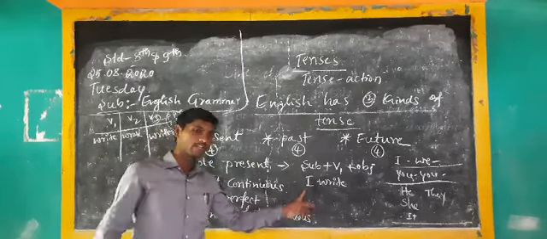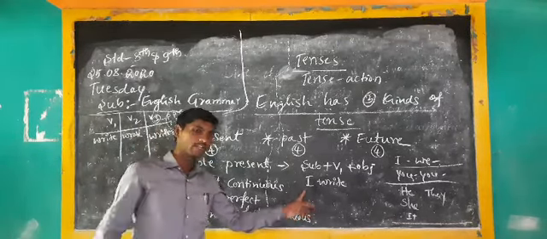I write a letter. Here I is the subject, write is the V1 and letter is the thing, that is also considered a noun or object. In this session we have to understand I write a letter. That means this particular person, in a present situation, with the help of a thing, a letter, is doing an action, that is writing work. So it mainly focuses on a simple action in a simple manner, done by a particular subject. This is considered as simple present tense.